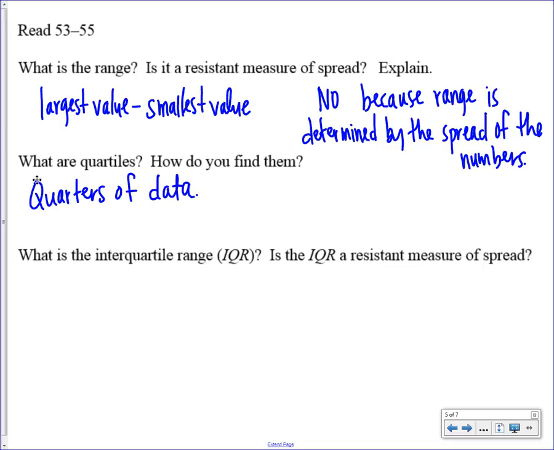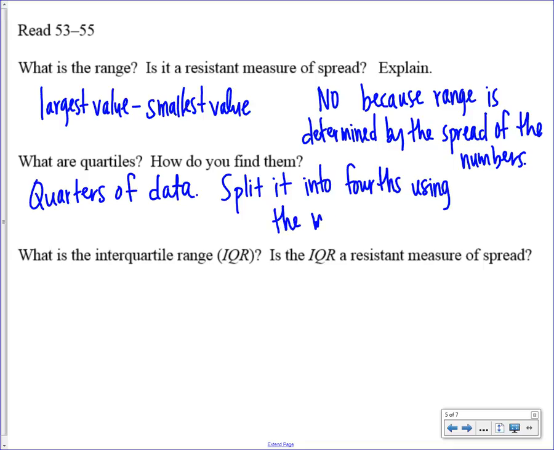Okay, so you split it into fourths. It says take the median and then whatever on the left. You find the median, using the medians of each section. Okay, what is the interquartile range?